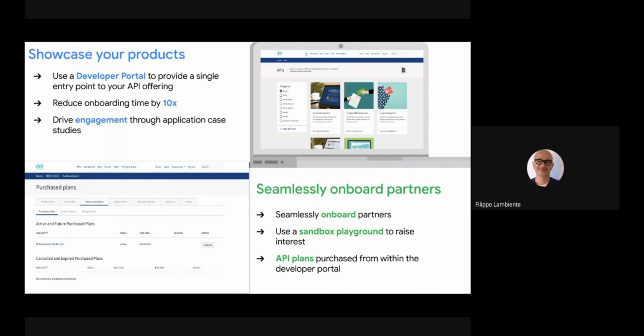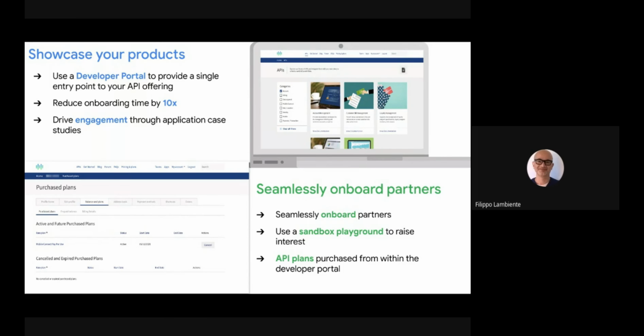If the store is really curated, it's really easy to find the product, it's really easy to register and consume, then success will be generated by the fact that more and more developers and customers are going to use that developer portal, register, and subscribe for the consumption of the APIs that are exposed on the developer portal.